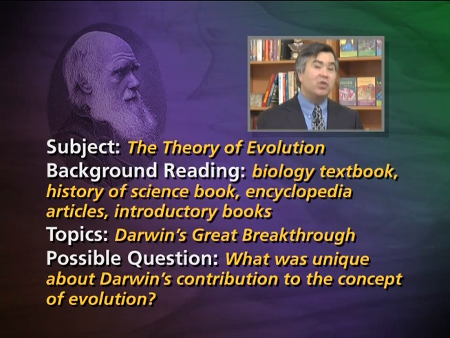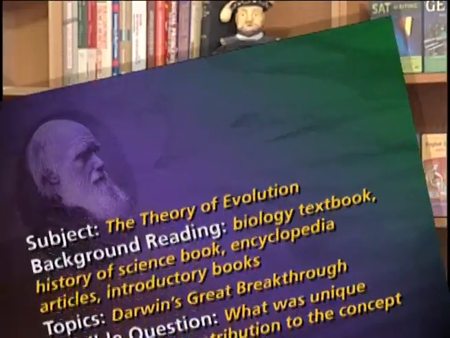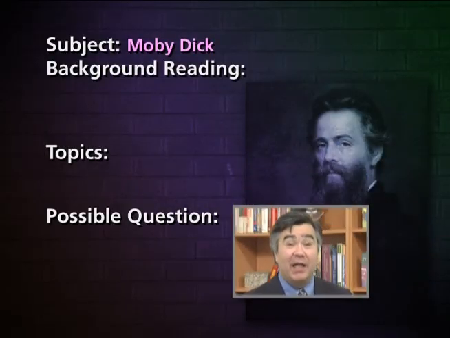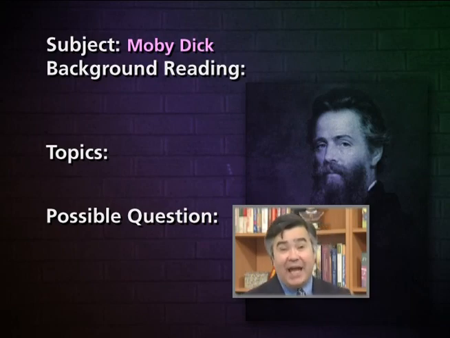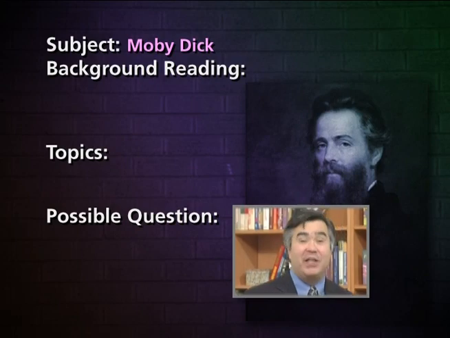Instead, we're just going to focus on whatever specific element Darwin uniquely contributed. And that's a topic that we could write about in 10 or 15 pages. Here's another example. Suppose you're taking a literature course built around the great novel Moby Dick by the American writer Herman Melville. You'd have to write a term paper, and you'd need to come up with a specific topic and a question and a thesis, which would work for a research paper of 10 to 15 pages.